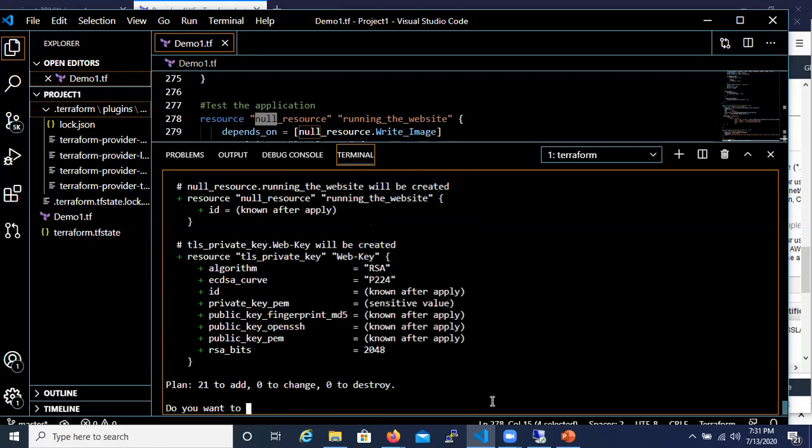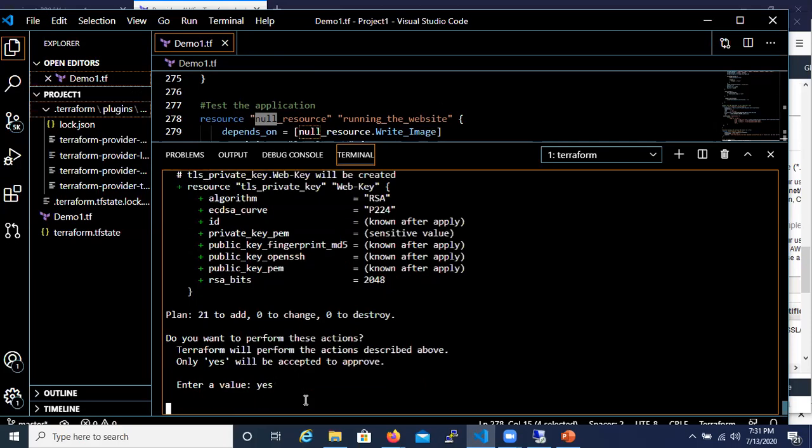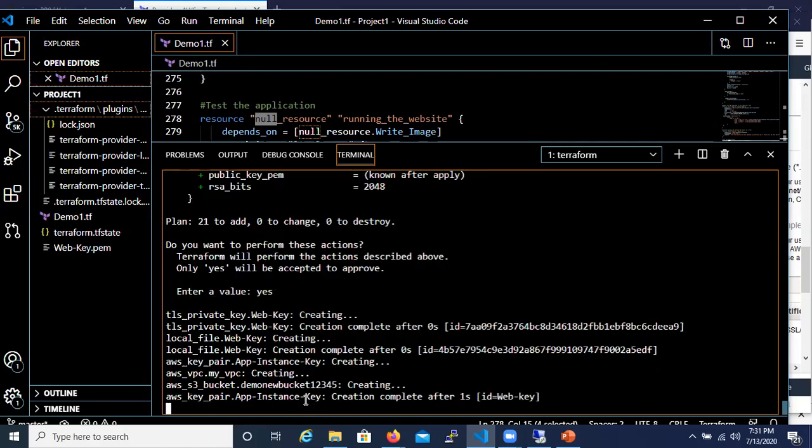Once I do Terraform apply, it asks me again for confirmation on whether I really want to perform this option. We have an option to skip this part as well, so I could have run this in a different way such that it would not ask me for this confirmation. For now, I'll just click on yes, which is a way for me to approve this.